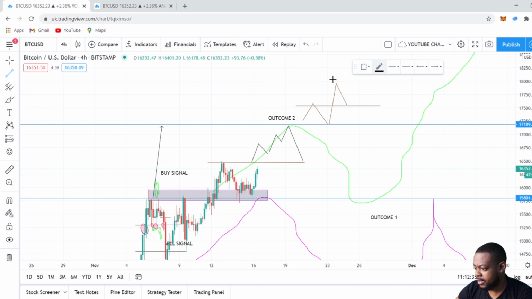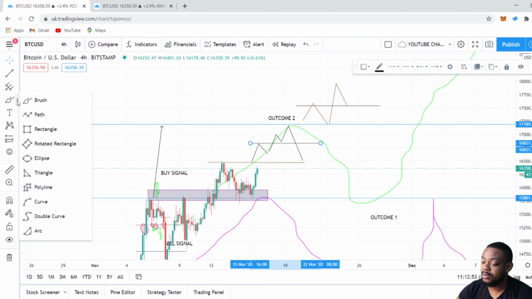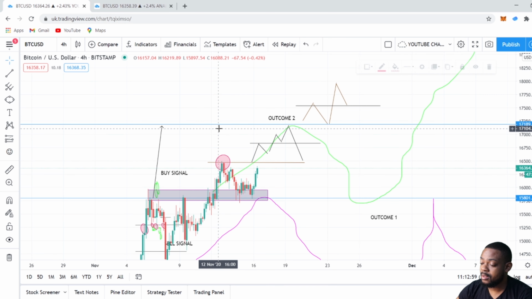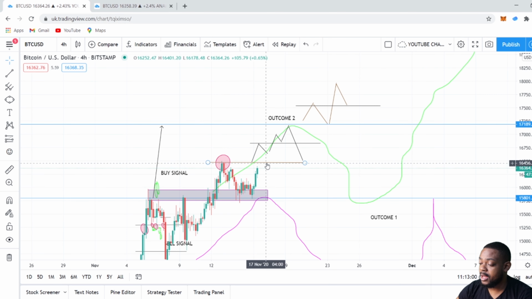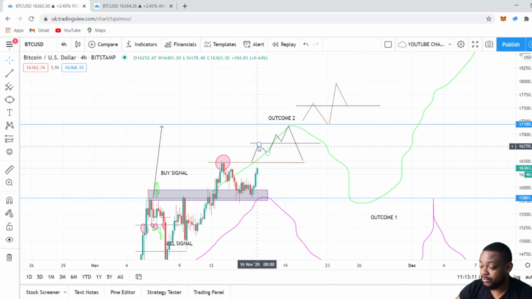And each time it breaks an all-time high, each time it breaks a new level of higher highs, like it came up, it was going to break this higher high right now. So this is a higher high, and I'm looking for it to break this higher high. If it doesn't break, so let's go on the first option. If it breaks this higher high, it goes above here, it's going to hit this resistance level, and then